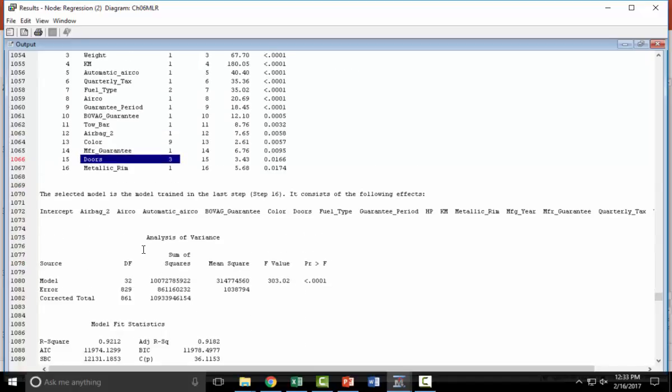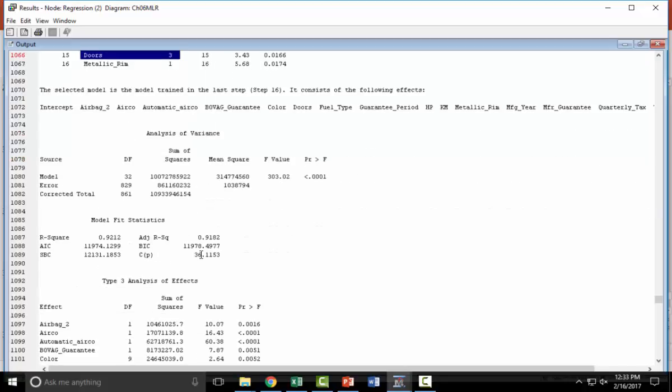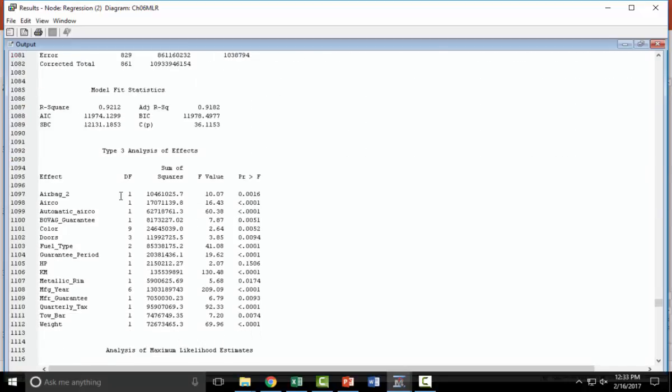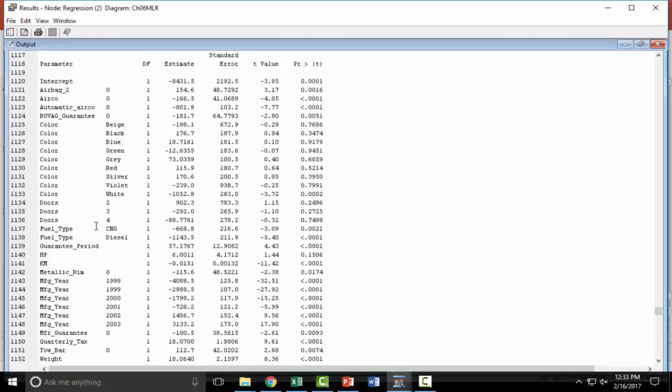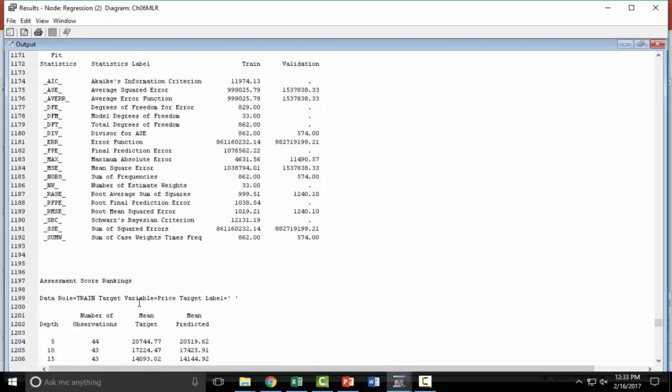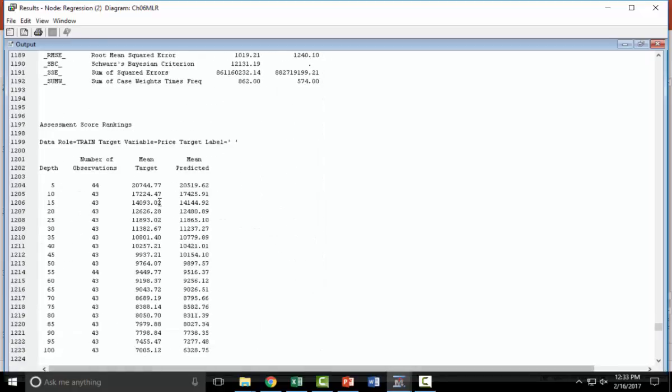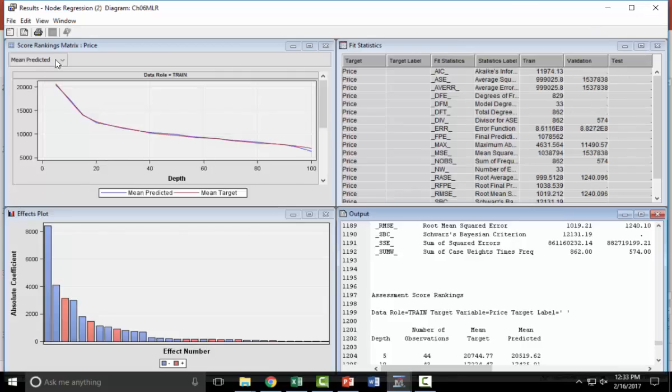Okay. And here is the analysis of variance for the selected model, and then we have the t-test for each individual predictor. And we have the lift statistic here at the end. So this is your lift statistic that you will see presented here. Okay, so if you select